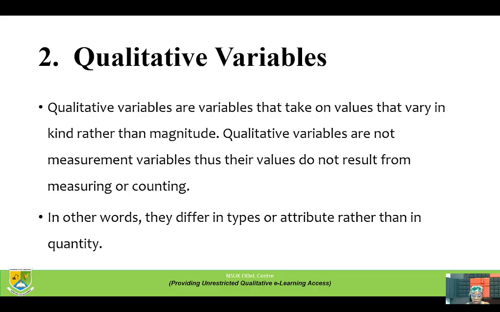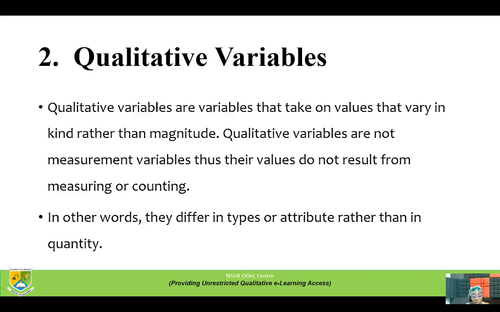Qualitative variables are not measurement variables, thus their values do not result from measuring or counting. In other words, they differ in types or attributes rather than in quantity. They could be things related to observations, like the 5 senses, things you could see,